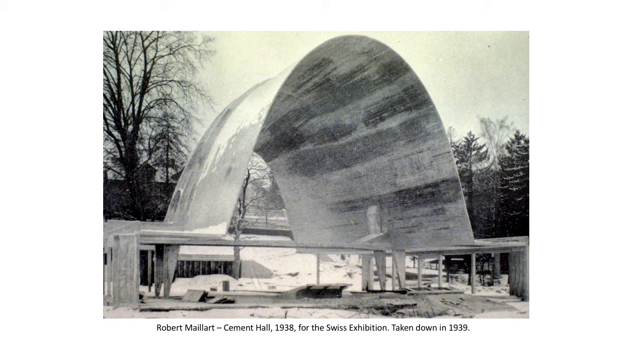Beyond that curved, thin shell, what's happening with the support structure below? What's familiar about those forms? Where have we seen this kind of work before? So the description of this cement hall is that the thin shell of the vault is both expressive, meaning artistic,